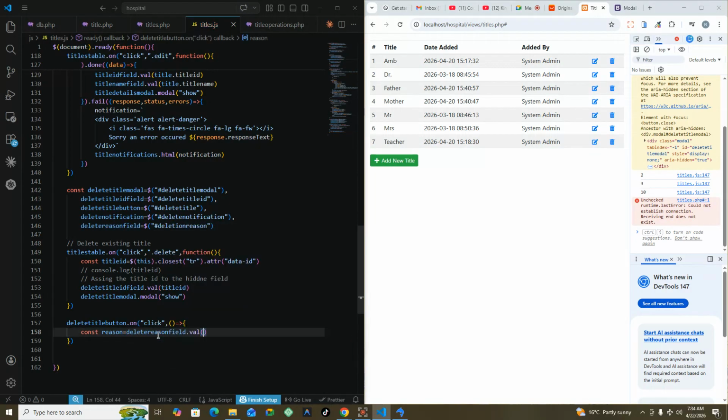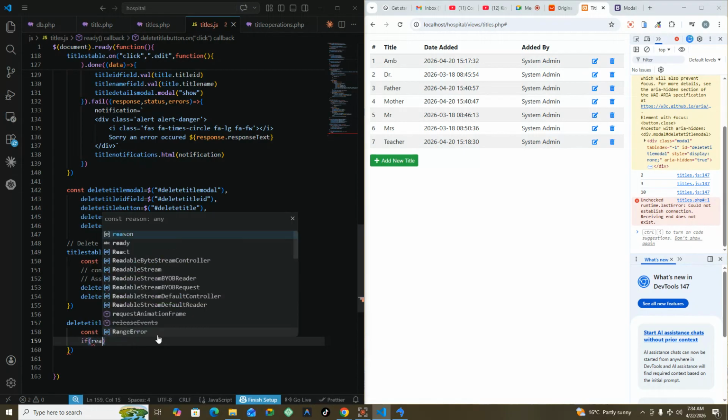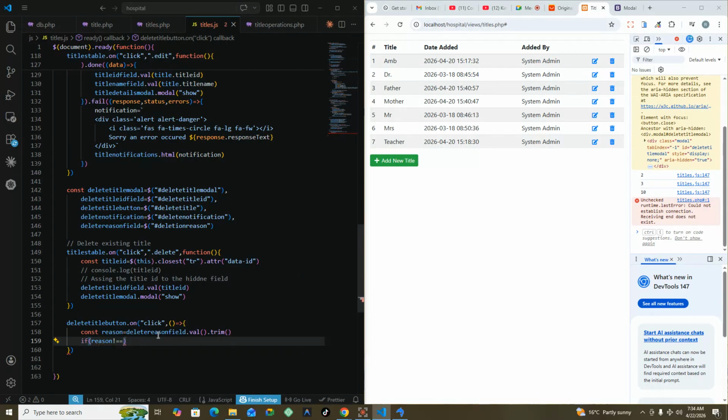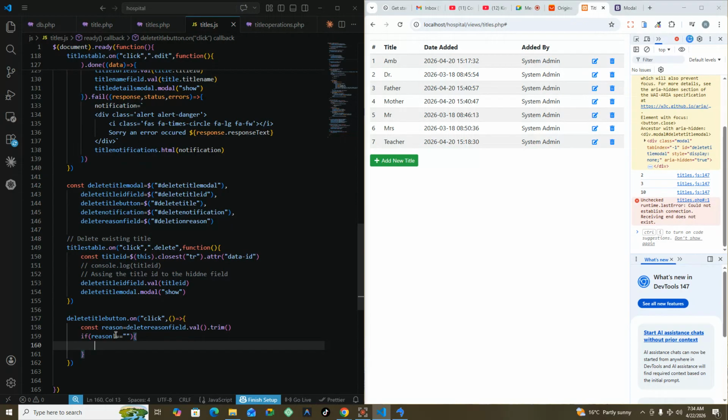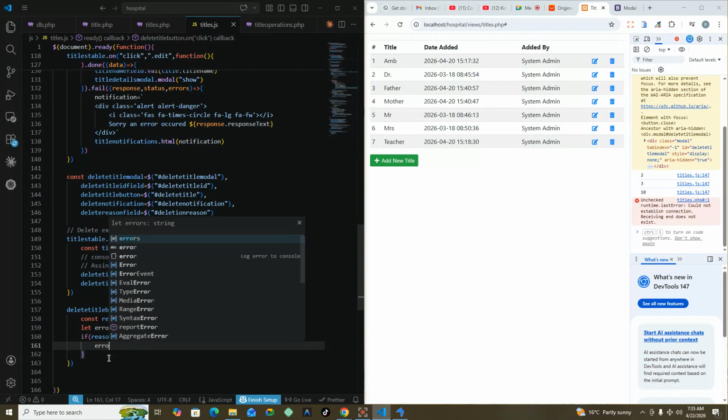I'll get its value. Then I can remove any leading or trailing spaces if the user has typed any. Then of course I'll validate if the user has provided the reason for deleting. So I'll say if reason is blank, then I can let errors here. Let errors be blank, and I'll simply say errors is equal to,